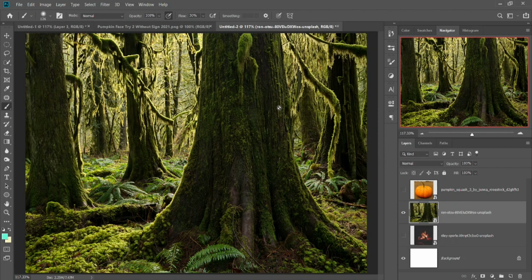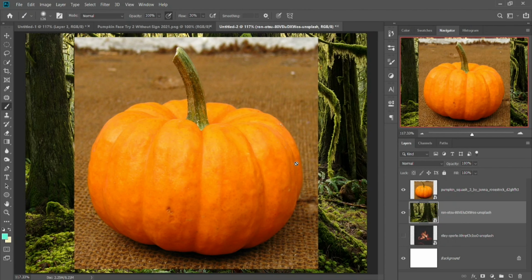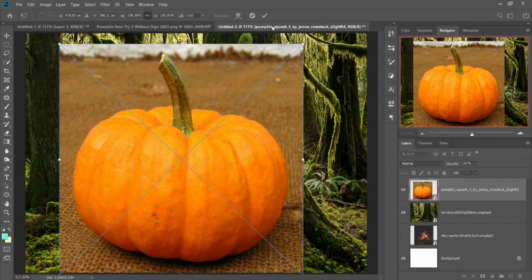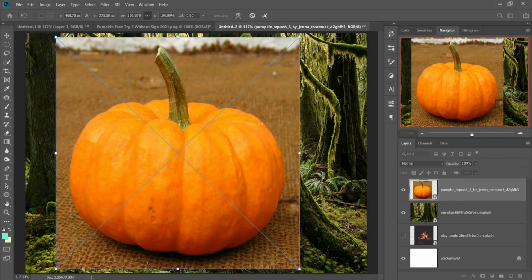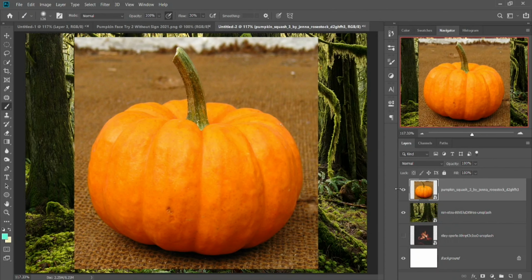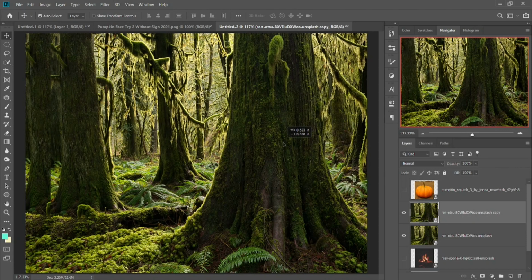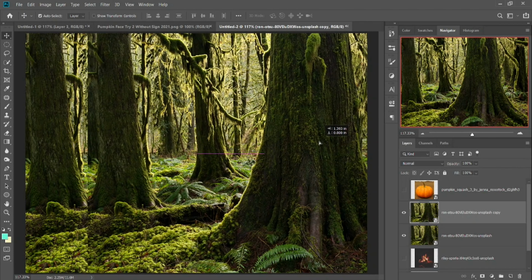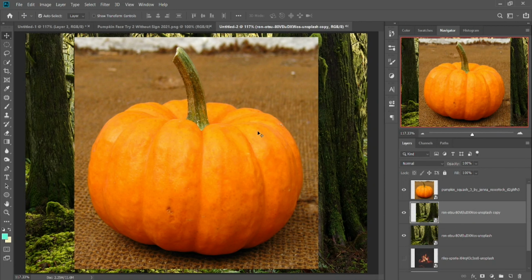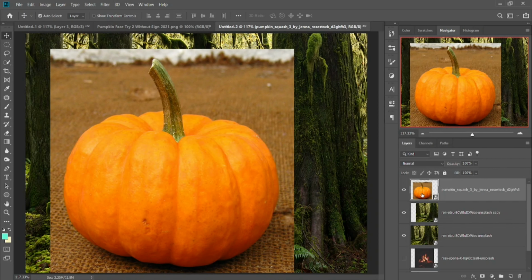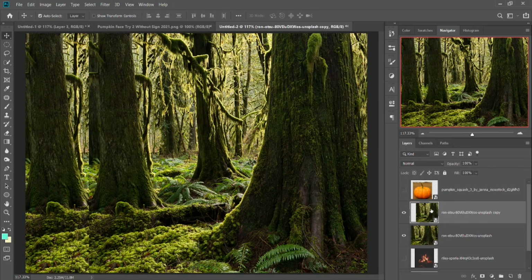Okay, so now what we're going to do, since I want the pumpkin to be somewhat in the middle, maybe right here, but I also want to be able to see the tree, is create a duplicate of the tree like so, and move it to where we want the tree to actually be. So let's turn on the pumpkin. Okay, yeah, I think that it's pretty good where we have the tree, and now we're just going to mask